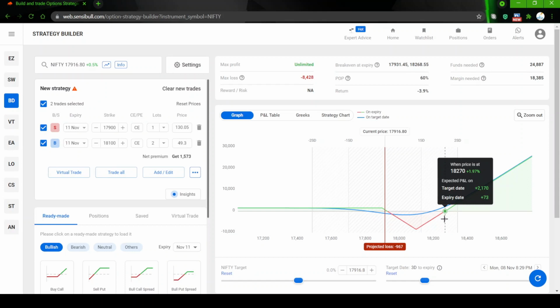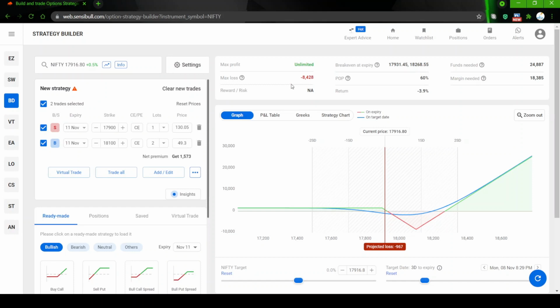The market has to move quickly to that level before the expiry so that we will have a break even. If the market is not moving very quickly, then we might incur a loss in this strategy. The loss is not limited to your premium because you are getting the premium. So when you have a net credit strategy, your maximum loss is always higher because this is not one to one, right? It means you are buying two calls but you are selling only one call.